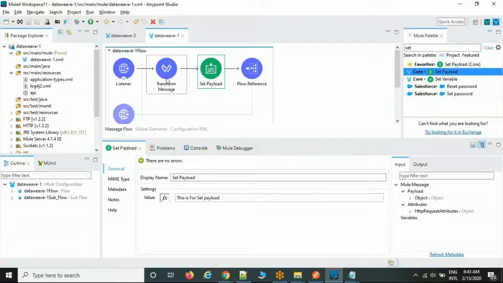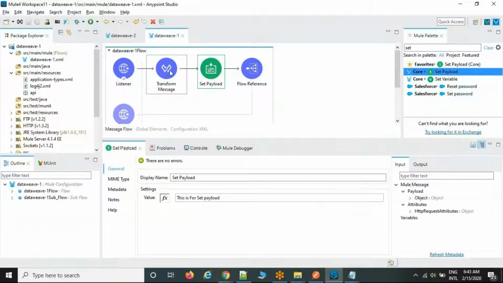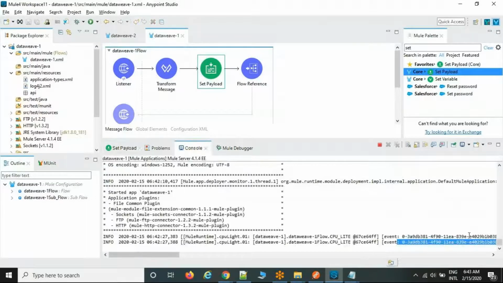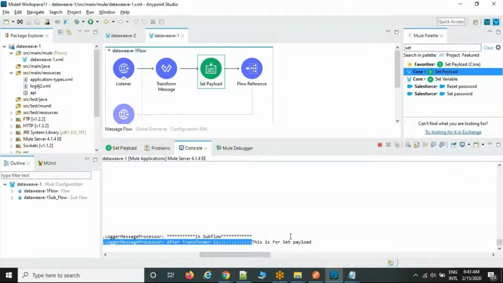Now my requirement is I want to reuse this one only, because as per my requirement I was selecting the set payload, and the transform message output is stored under payload. Again there is one more palette called set payload, as per the requirement I was selecting, for example. So the payload data is overridden, and the latest one is the final output only. This is what I have designed, and we got this as the output, the set payload. Now my requirement is I want to reuse this data. I don't want this one.